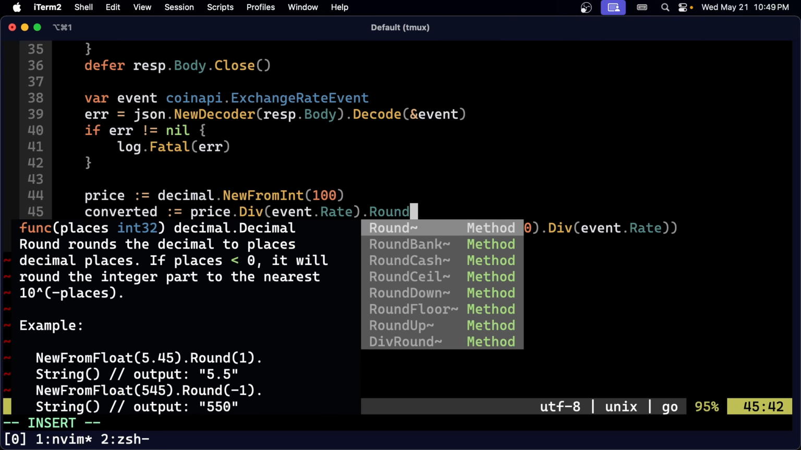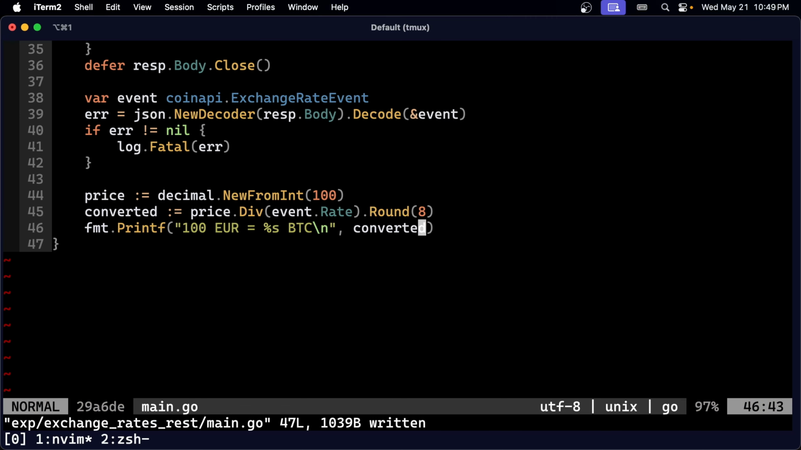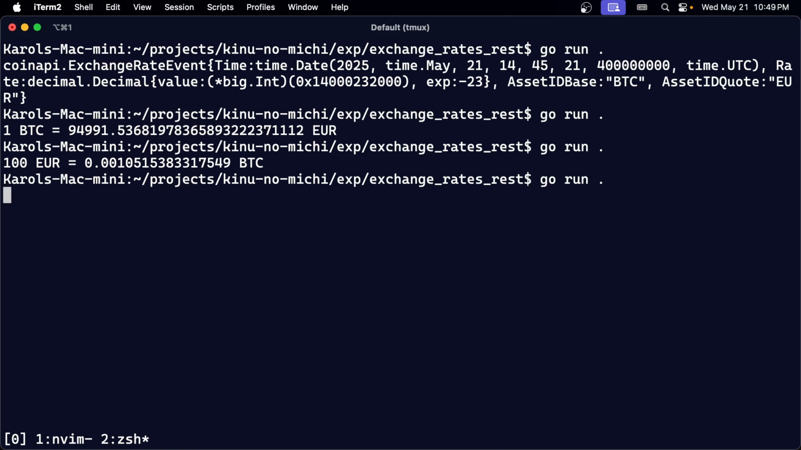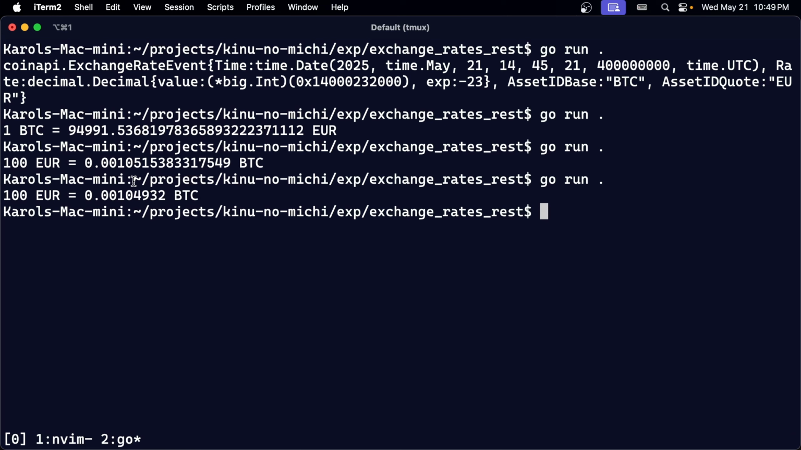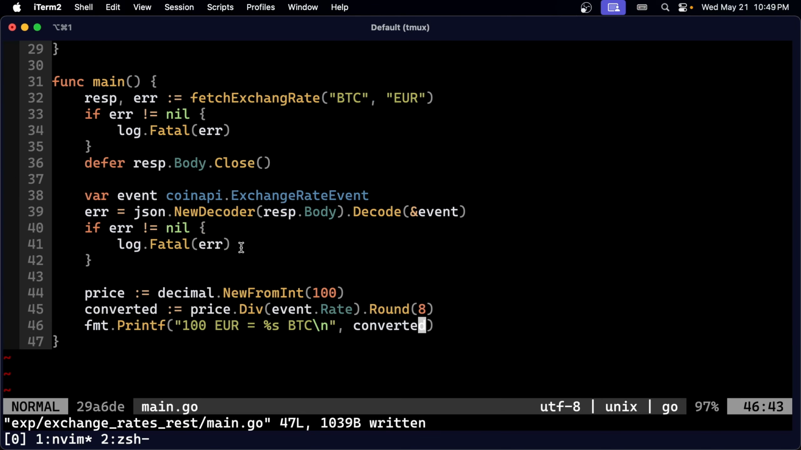You know what? Yeah, let's see if this works the way I expected. We want it rounded to 8 decimal places, and it looks like it may have worked. Great. So now that we know how to fetch exchange rates and how to calculate these